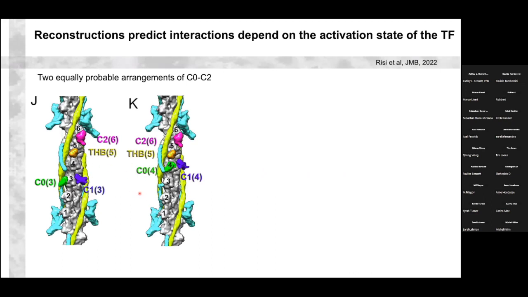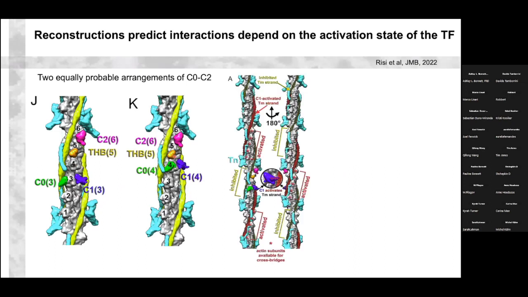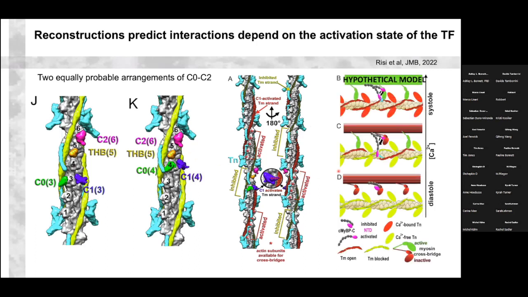And this is just showing 2 possible arrangements that are equally probable of C0, C1, the trihelix bundle in the M domain, and C2, for instance, and predictions based on that model about inhibition and activation of different strands of the tropomyosin. And this was really super interesting, because C1 seems to be the domain that interacts with tropomyosin and can move tropomyosin, whereas the other domains are all interacting with the other strand of tropomyosin. The take-home message here, though, is that taking all this data and taking what we knew about where the domains are,